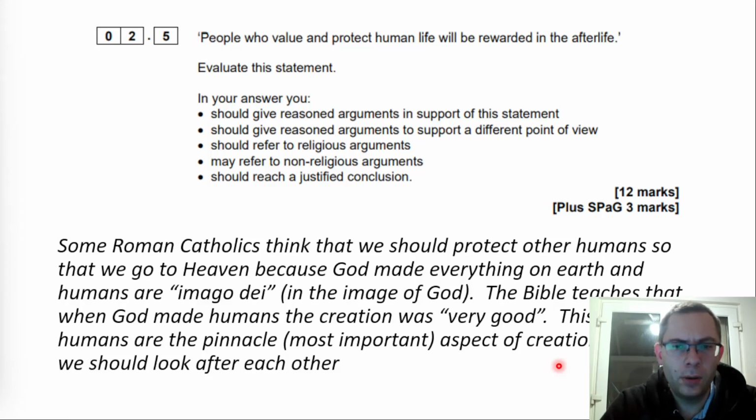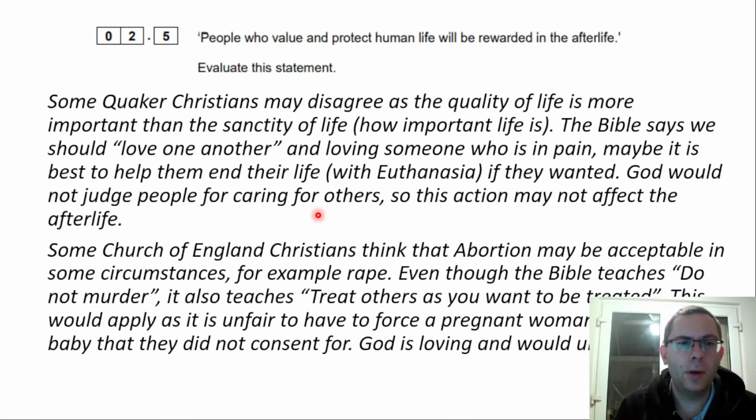So I've got, this shows that humans are the pinnacle aspect of creation. That's my explanation to that. Therefore we should look after each other in order to go to heaven. Okay, then I'm going to move on to my against. That's my for argument. Okay, so if I move on to the next bit, some Quaker Christians may disagree as